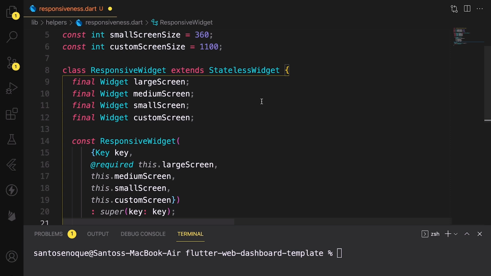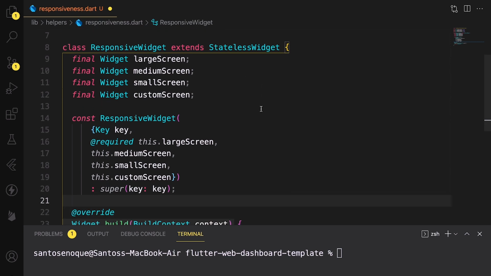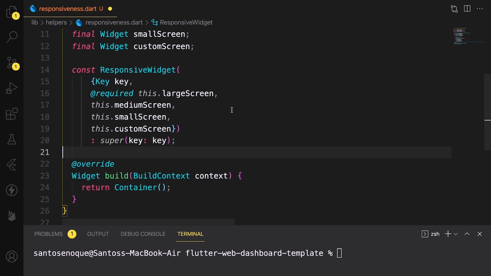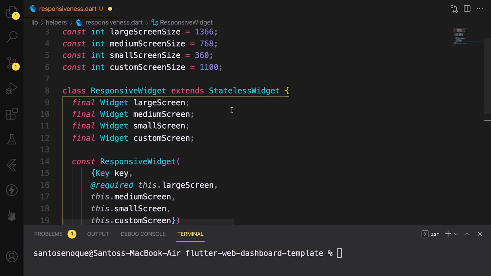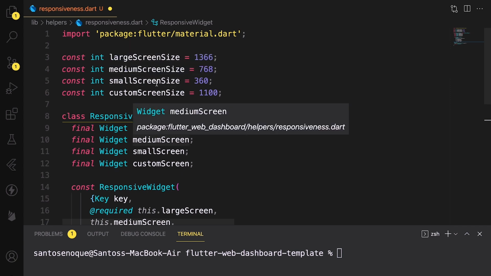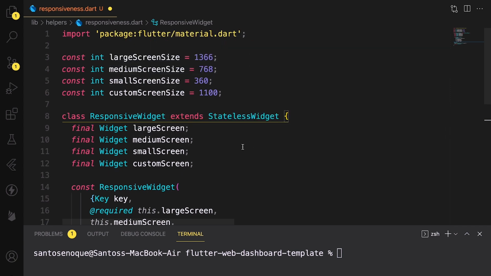Again, for this project, to be honest, we are only going to use the large screen and the small screen, but I decided to add everything so that you can use this widget on future Flutter web projects. The only value that is required when we call this widget is the large screen. And don't mistake large screen with large screen size. Large screen size is the size of the screen, but large screen or medium screen or small screen is a widget,